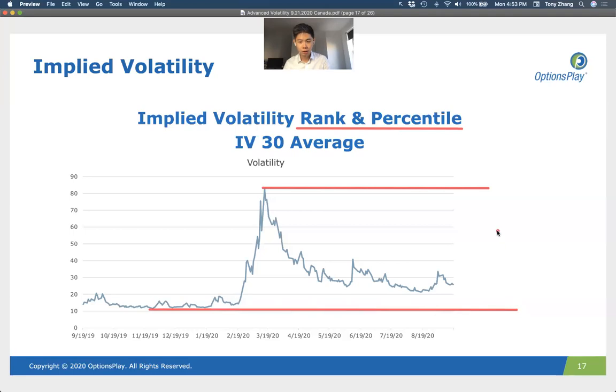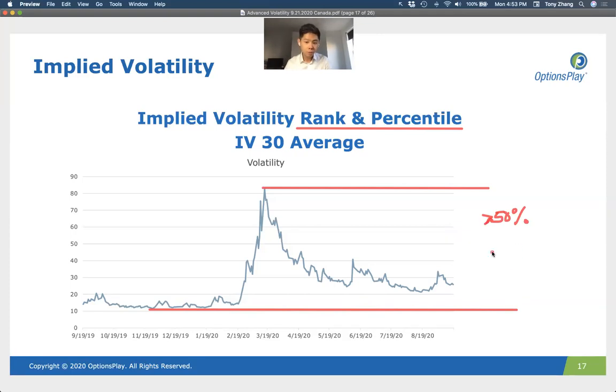Many times investors will say, if it's above 50, then it's time to be selling volatility, whether you're selling covered calls, selling credit spreads, or selling iron condors. This is where the extrinsic value of an option is fairly rich, and you know that what you're selling will have more time decay over the life cycle than when volatility